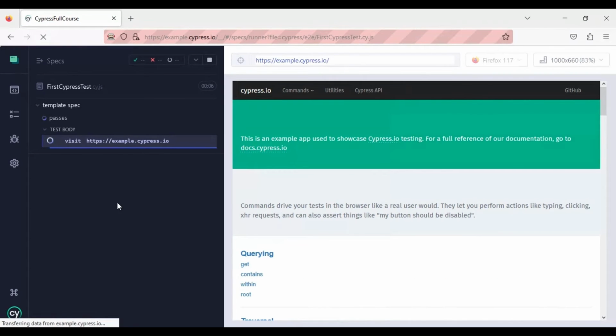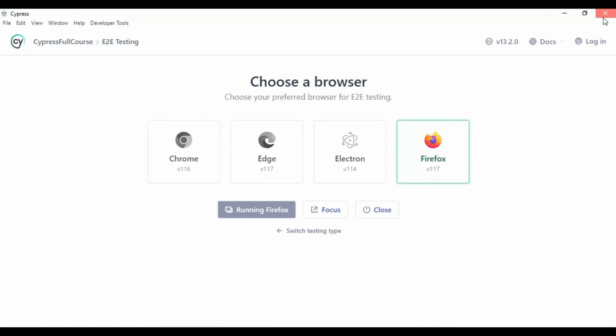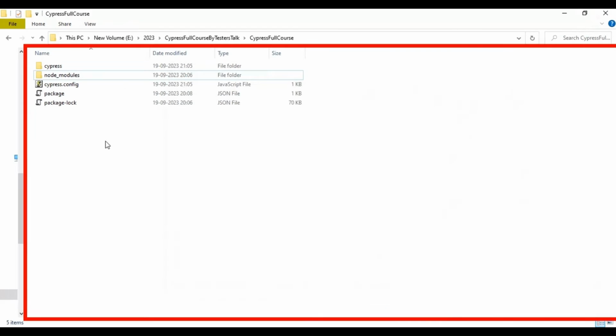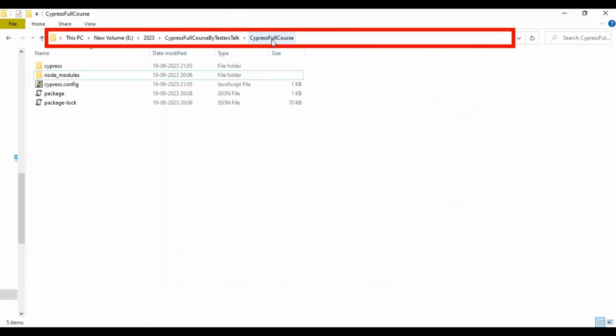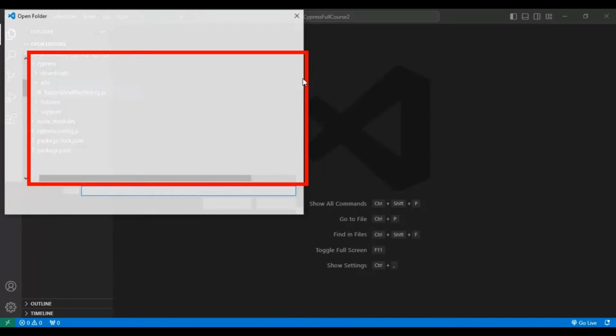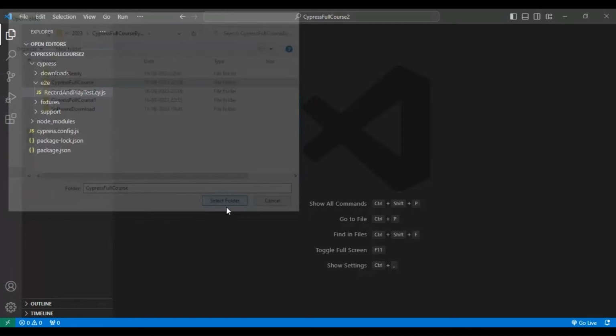So that's it, guys. This particular test just contains the go to this particular URL. That's it. There are no more steps. So simply I will close this particular file now. We will reopen this particular thing in another few minutes. So I will open this particular folder in the Visual Studio Code. Here I'll go to the file and open folder. So I will select the Cypress full course folder,